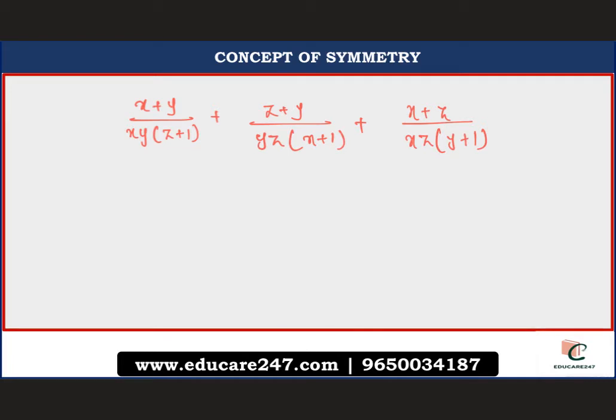Why? Whenever you had x and y over here, x and y came over here and the third variable z was over here. Whenever you had y and z over here, you had this y and z over here and x came over here. Similarly, whenever you had x and z over here, it was present in the denominator in the same form as the first two, right? And y was over here. So you can see that there is symmetry in this expression.